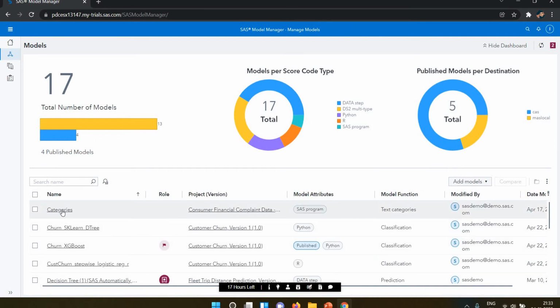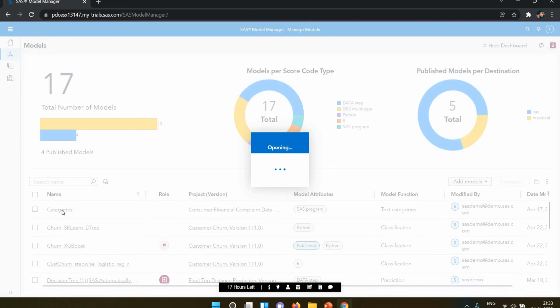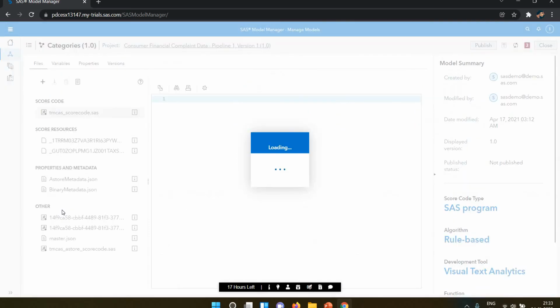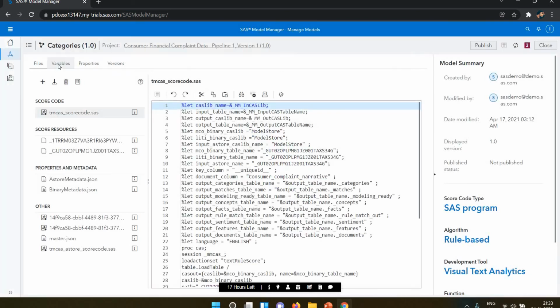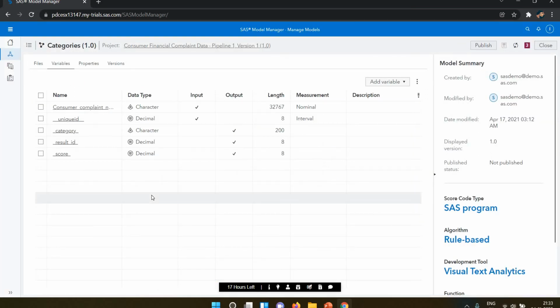Let's suppose you click any of these models, so I click on the category. Now you can see in the category we have four tabs: files, variables, properties, and versions. The files tab shows the file about your data, because this is related to SAS data, and it shows all the code.